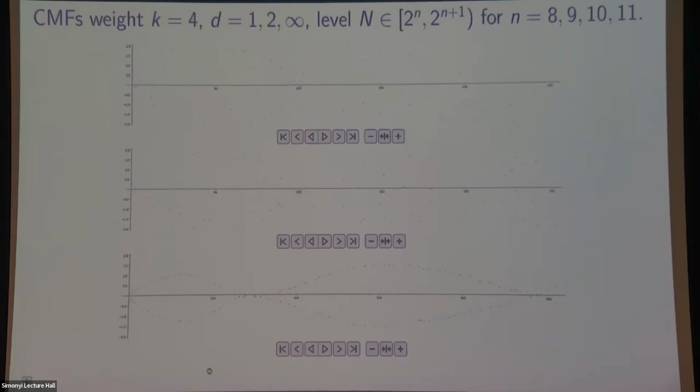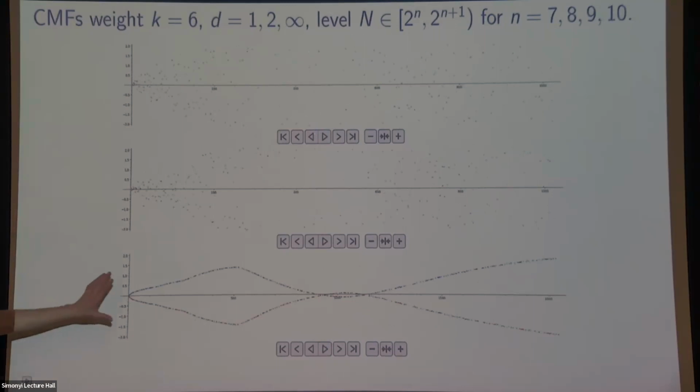And now we can go to weight 6. Same thing again. And again, the murmurations get fuzzier, the crossover points are changing, but I think hopefully you can still be convinced that there are murmurations to be seen, and certainly this frame makes it clear. So as I think Nina mentioned yesterday, the rate of convergence is very fast when you're doing these computations for all newforms for gamma naught.